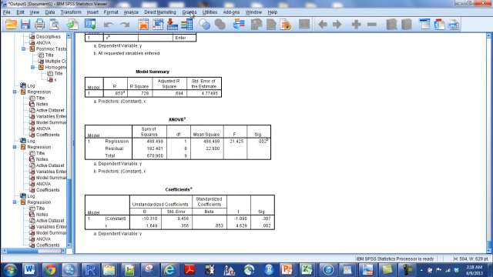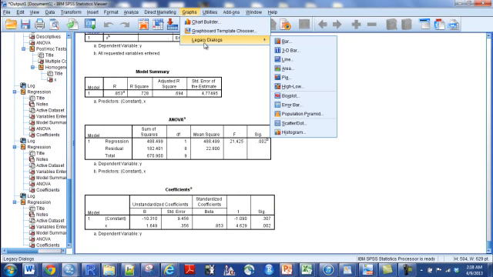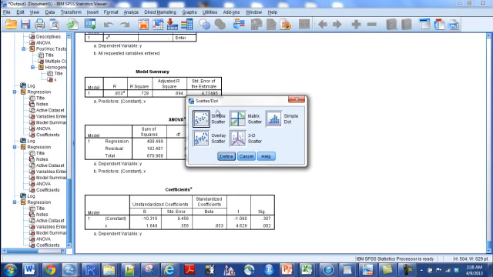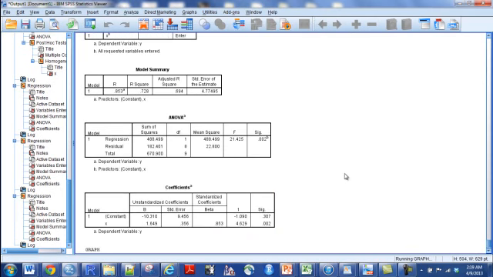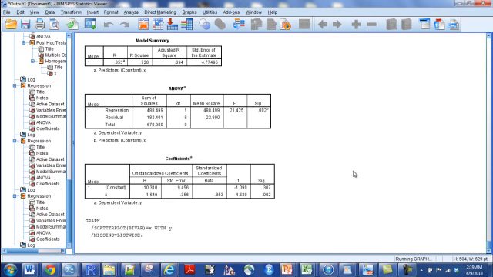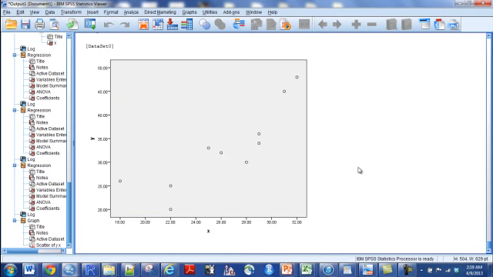If you wanted to plot this data, and you can do this from here or from one of the other windows, you can just do graphs, go to legacy dialogs, and scatter dot, and just select simple scatter, define, and we want the y-axis to be Y and the x-axis to be X. You can do some other things with titles and stuff like that, but there you go, and you have a scatter plot of the data, which you can go on from there to edit if you would like, in the same way you would edit any other